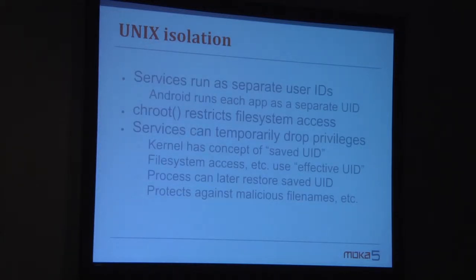And so if someone's giving you a file name and you have to save a file to someone's home directory, you temporarily switch to them. This is not protecting against arbitrary code, because obviously you can restore your saved ID, but it does protect by making sure that it uses the kernel's existing check for file names. So yeah.